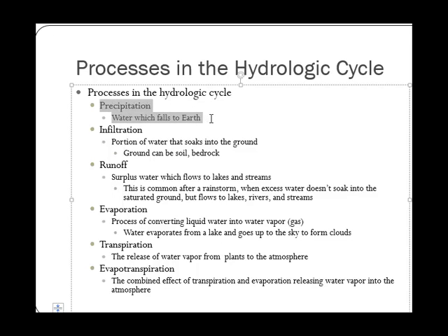Precipitation is when water falls to the earth. Again, that could be in the form of rain, snow, sleet, hail, whatever. Infiltration is when the water soaks into the ground. When it rains, unless you're talking about hard pavement, the water will seep into the ground. If it's grass, the grass becomes muddy because the water seeps into the ground. Beneath the ground,